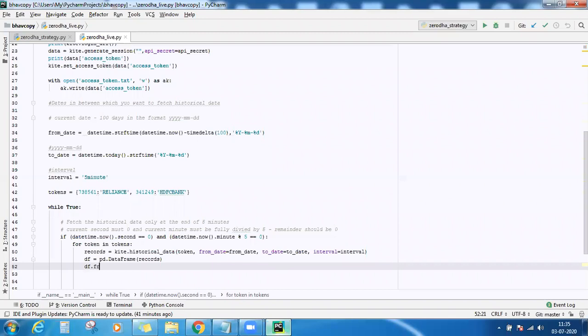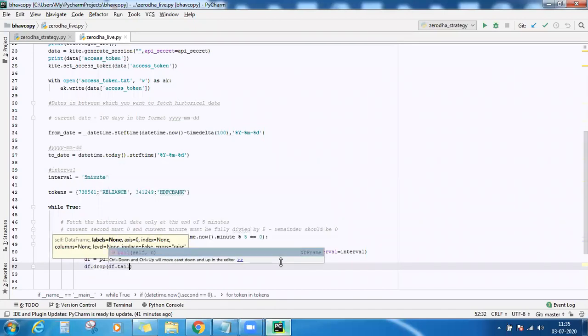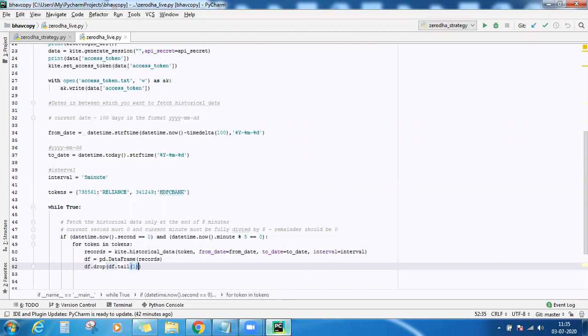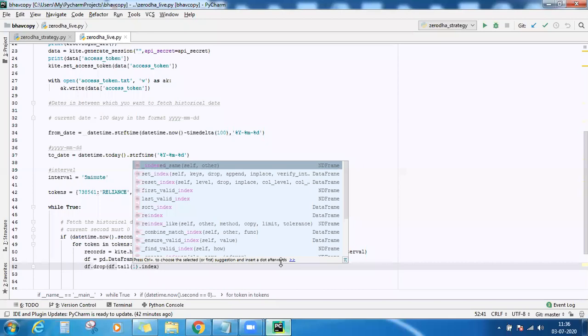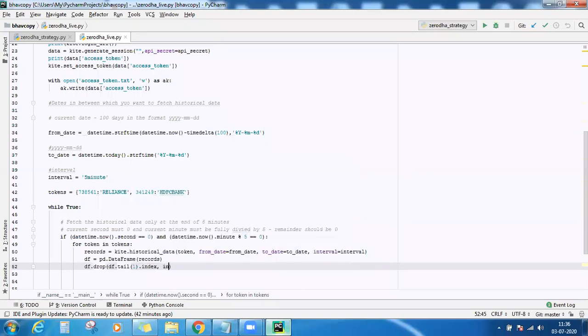We'll use the inbuilt method, which is drop. Here I'll just tell it, go to the tail. There will be two things, one is tail and the other one is the head. So go to the tail, and inside the tail, go to the last index, remove it, and remove that in place.